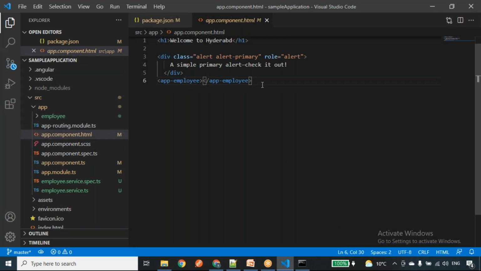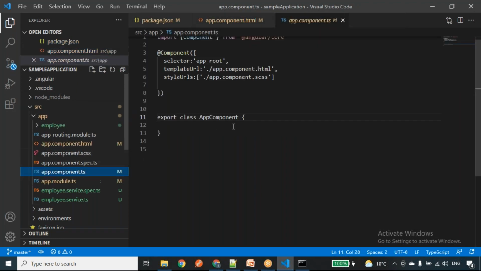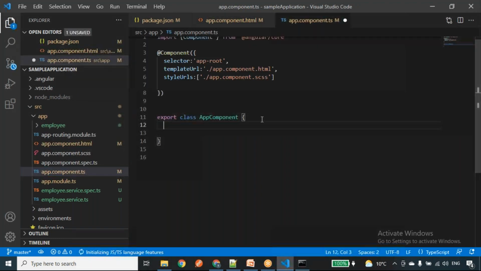Let me comment this one. In the app.component.ts, I'll define one title. Its type is string, so I'll give it as welcome to Monica IT.